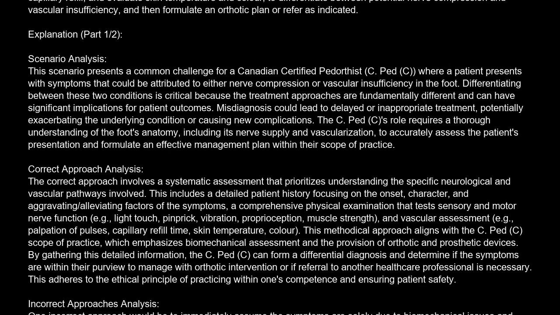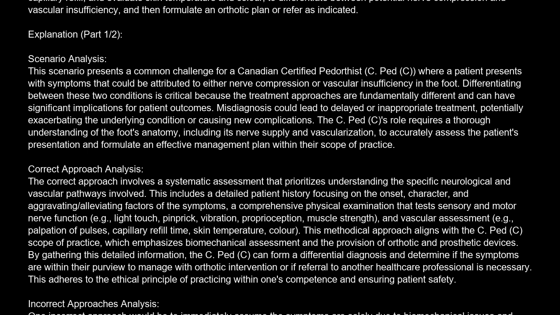The correct answer is D. Conduct a thorough neurological assessment including sensory and motor testing, palpate peripheral pulses, assess capillary refill, and evaluate skin temperature and color to differentiate between potential nerve compression and vascular insufficiency, and then formulate an orthotic plan or refer as indicated. Explanation. Scenario analysis. This scenario presents a common challenge for a Canadian certified pedorthist, CPed(C), where a patient presents